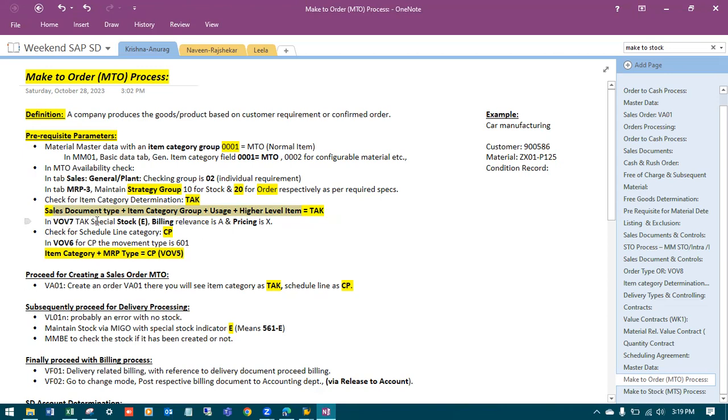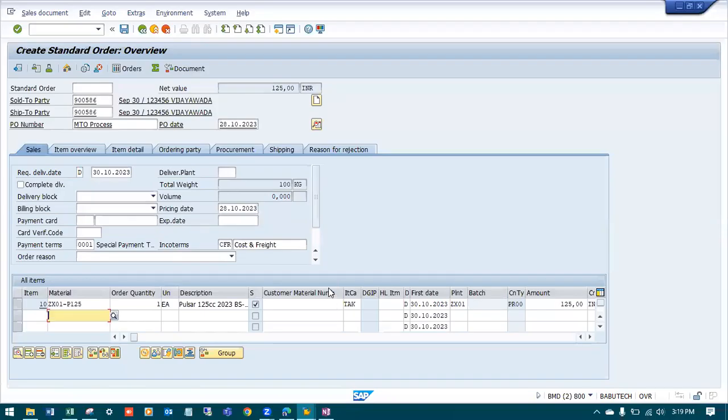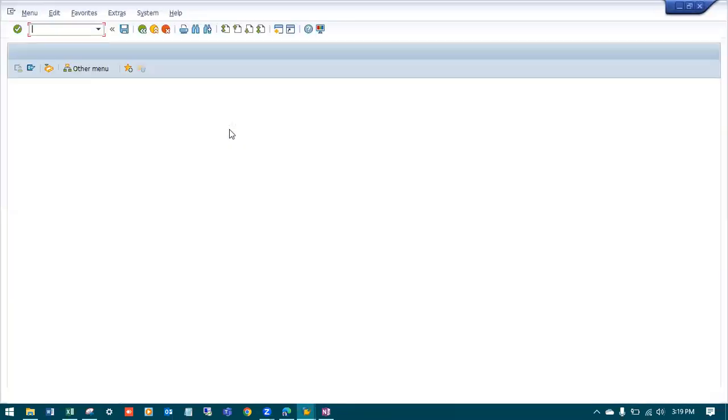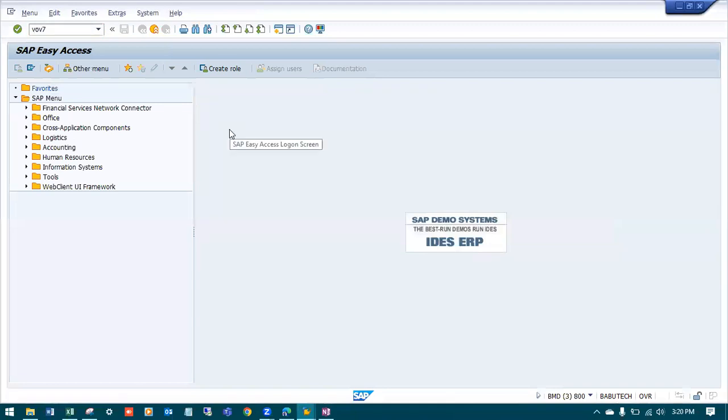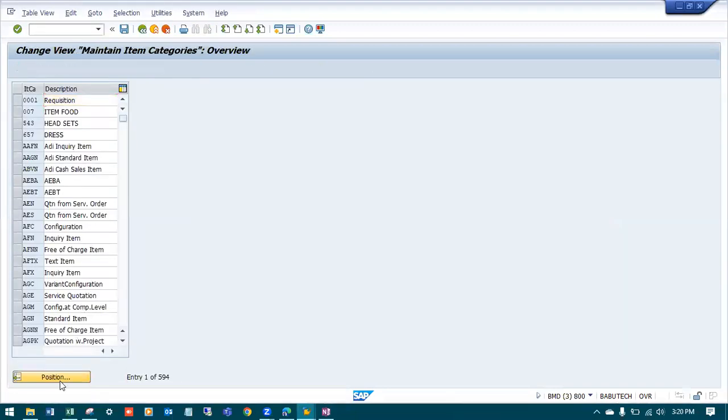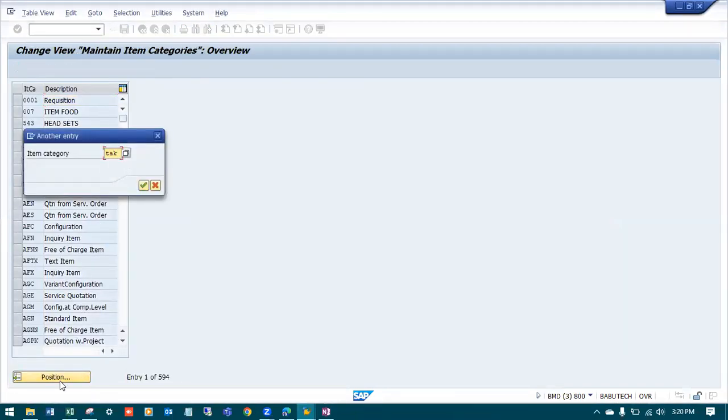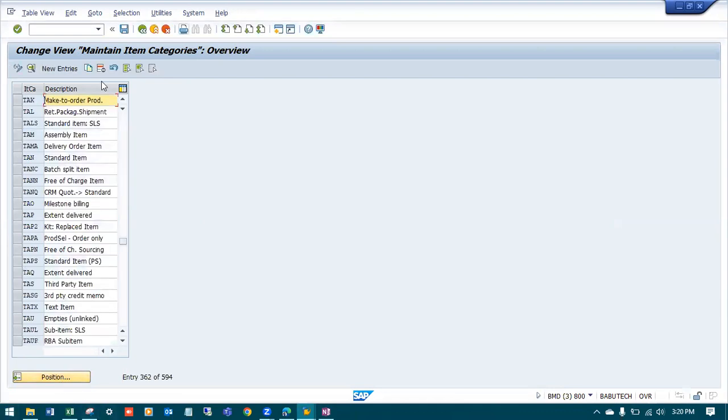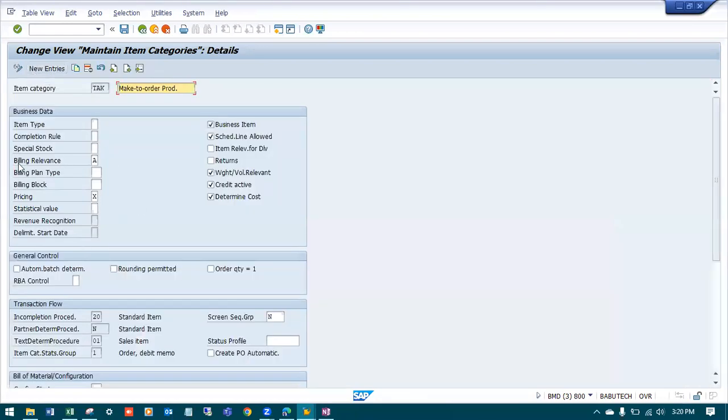In VOV4, TAK means nothing but special stock. VOV7. Let's see what is this TAK. VOV7. Item category, click on to position. Go for item category TAK. Item category TAK. Select it. Click on to details. Here we can see